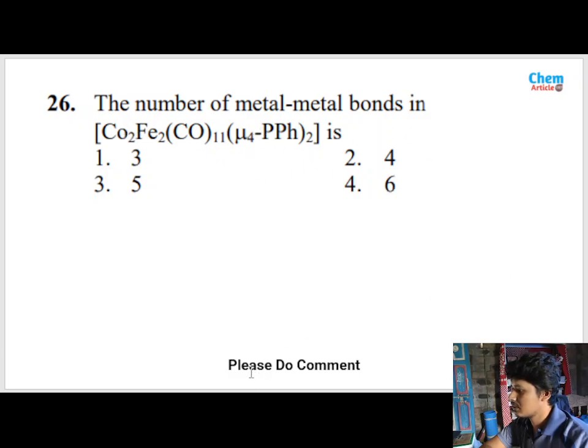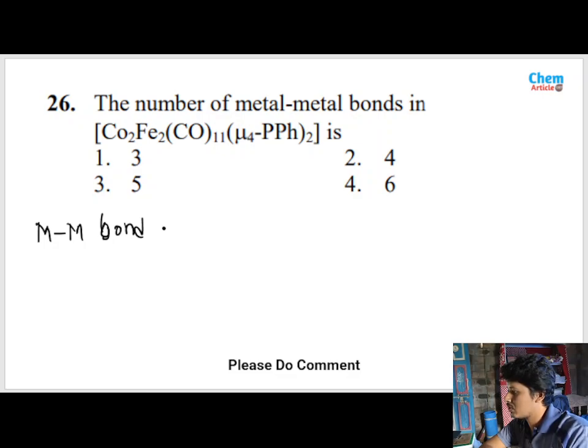We know the number of metal-metal bond formula